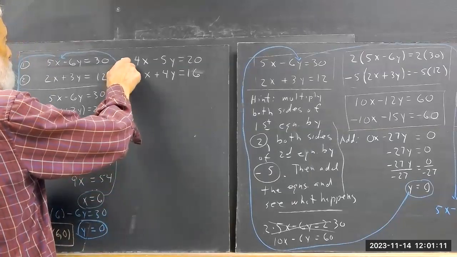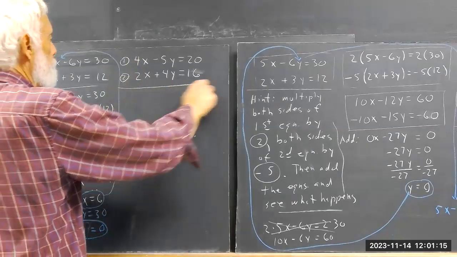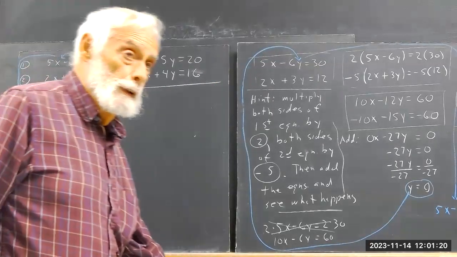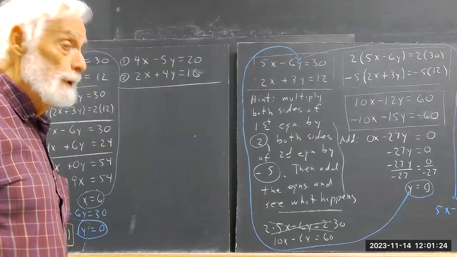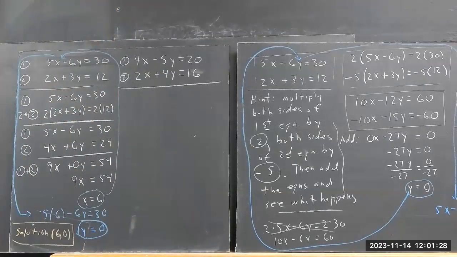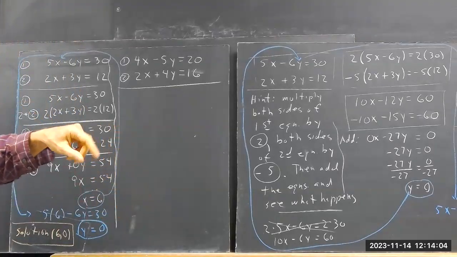You write it down, remind yourself, put a 1 here and a 2 here, and figure out what you got to do in the next step. You can choose to eliminate X or you can choose to eliminate Y. One of them is going to be easier to eliminate than the other, but neither one is going to be that difficult. Okay, now when I look at these numbers,